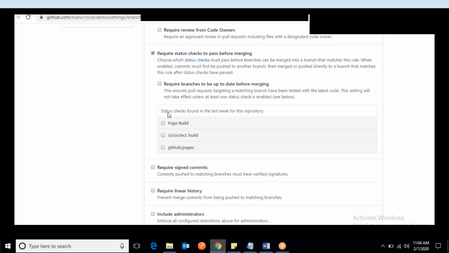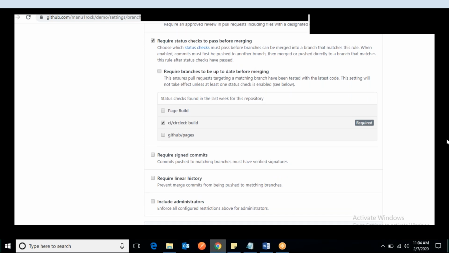Once we integrate, we can see it here, and I can check that build pass status is required before merging. So even if code review is done, without a build pass I don't want to merge code to master, so I can put this restriction here.